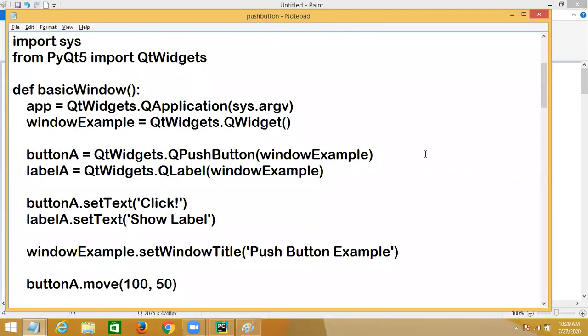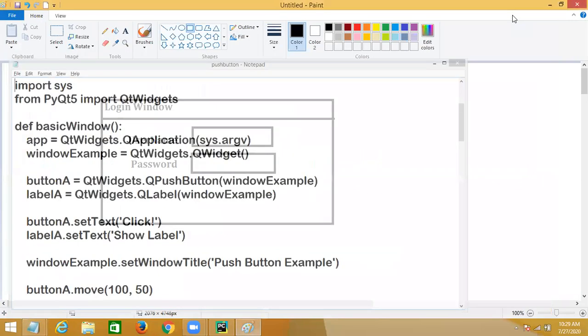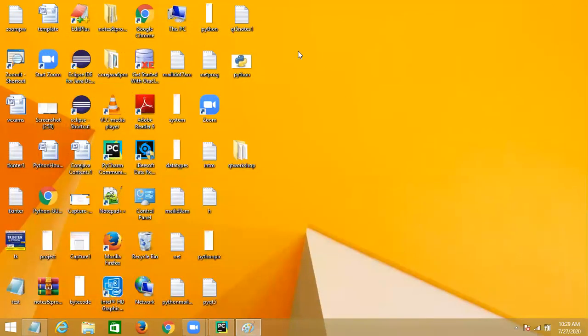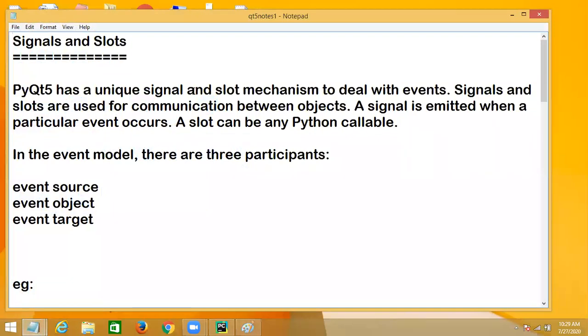Before starting this example, we'll just see the pattern. These events are handled by using one mechanism called signals and slots.